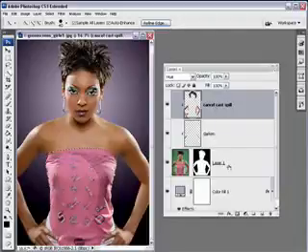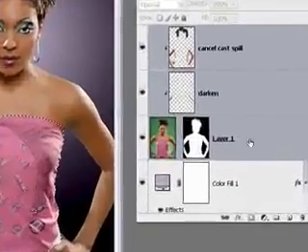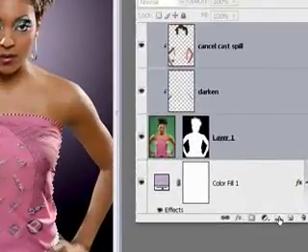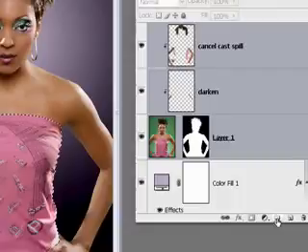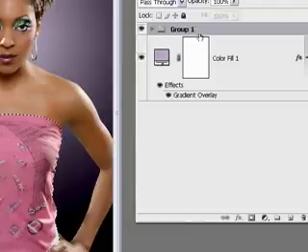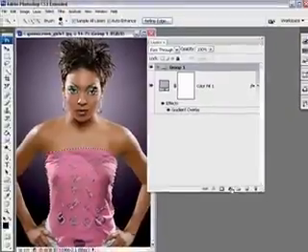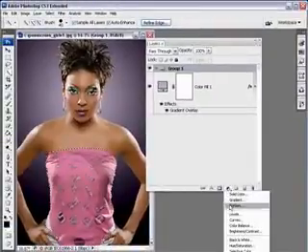So I'm going to shift click to highlight these three layers. Holding down your shift key while you click, the group icon at the bottom will put them in a group automatically. And I'm going to leave that collapsed and then come down here to the Add Fill Adjustment and choose